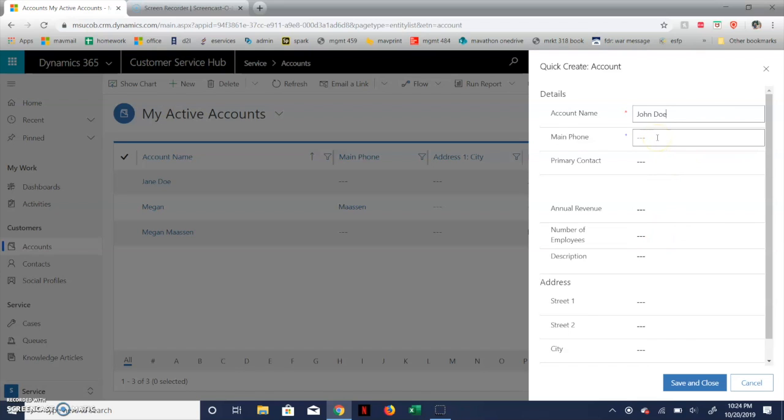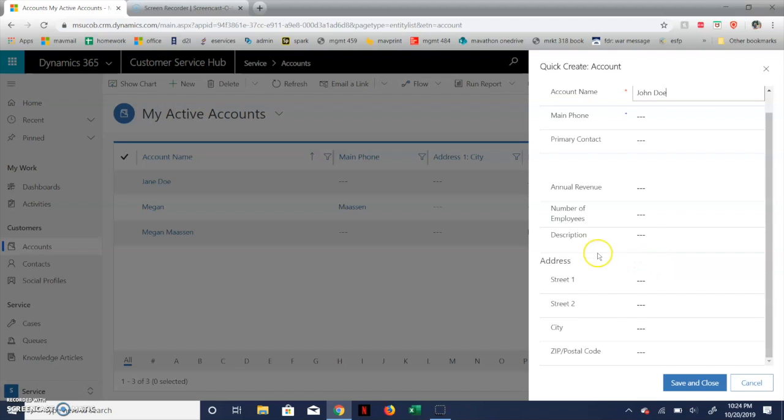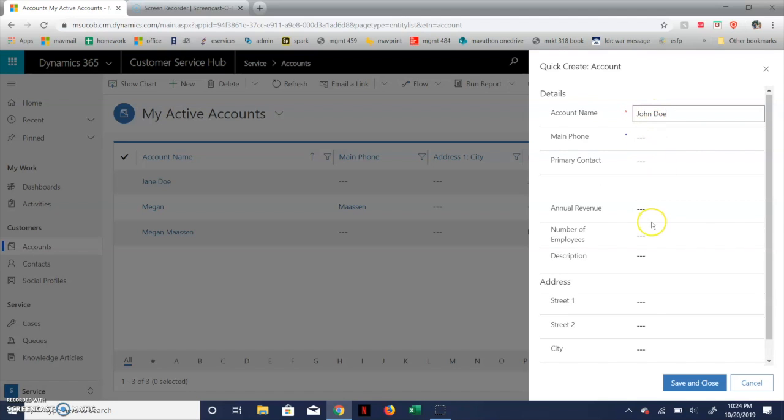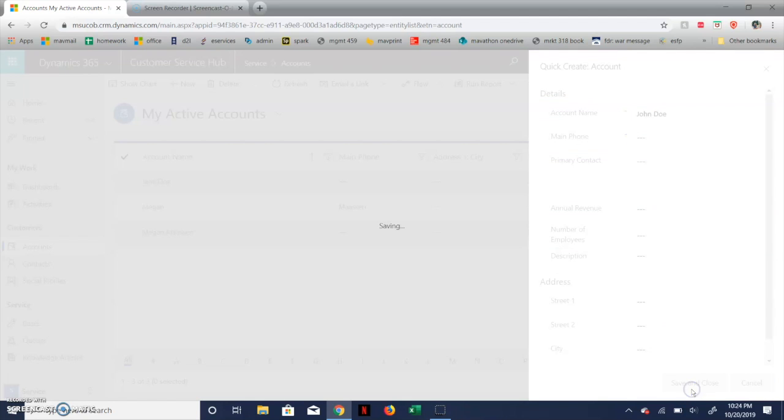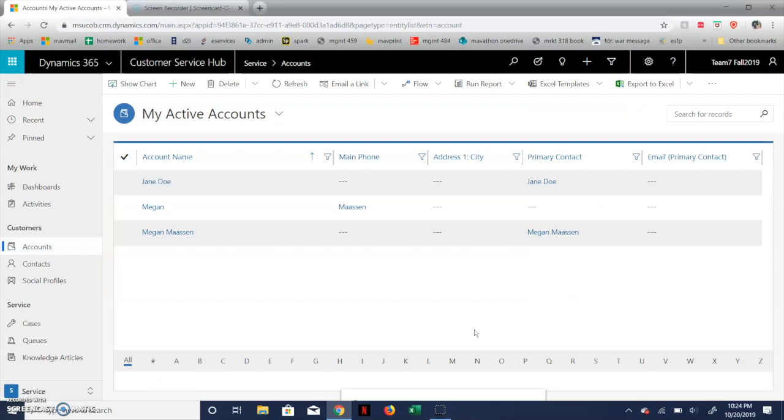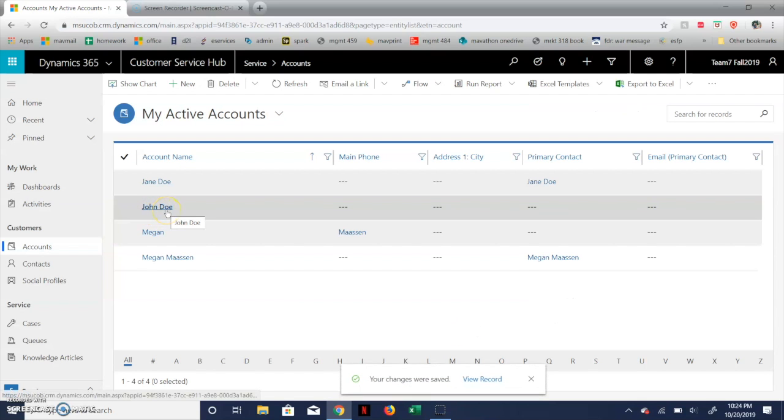You can enter their phone number, who the contact is if your account name is actually the name of the company instead of a person. Then you could put your main contact here. And then if you know any of this information, you can add it in right now, and you can always edit it later if you get it as you build your relationship with this company or this person. And then you just have to save and close, and it will update, and it should be in your different